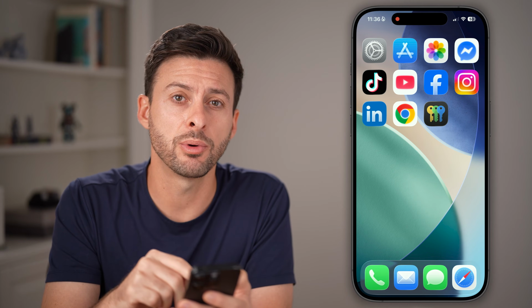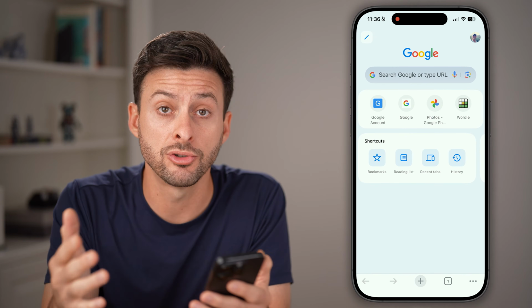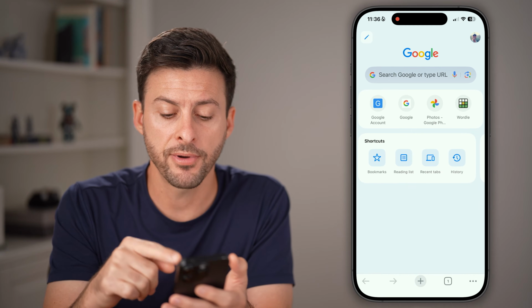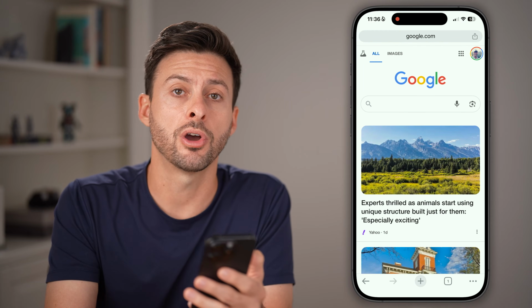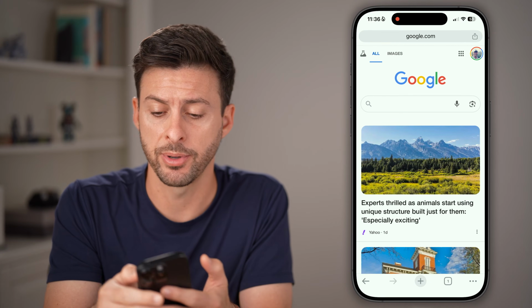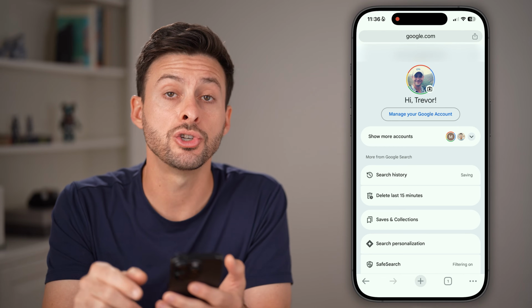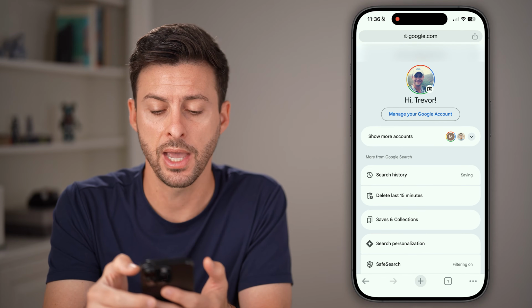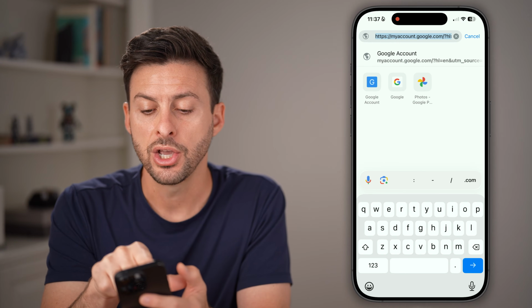The first place that I would recommend doing is opening up Google Chrome on your iPhone, Android, or computer. And from here, you're going to go to google.com. And once you're on google.com, tap on your profile picture at the top right. Now from here, you can see manage your Google account. Just tap on that. And if you don't necessarily see this or you can't find it, you can always just